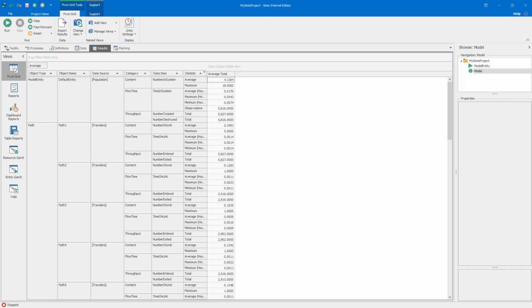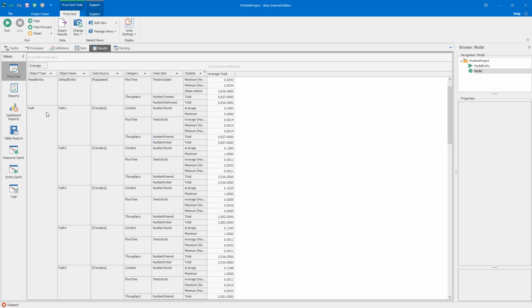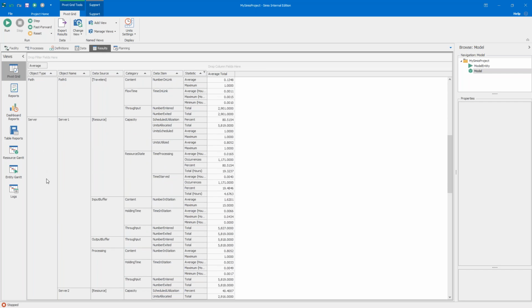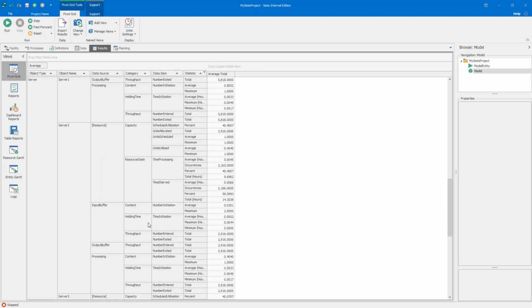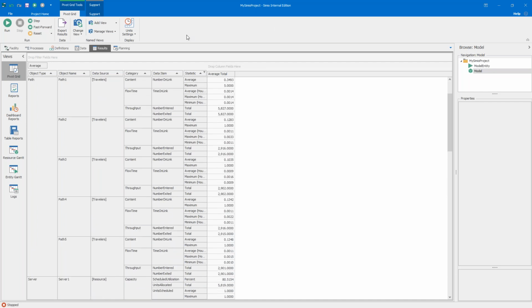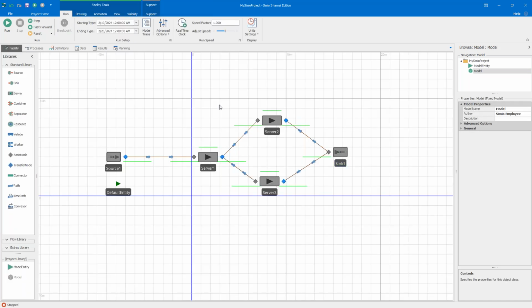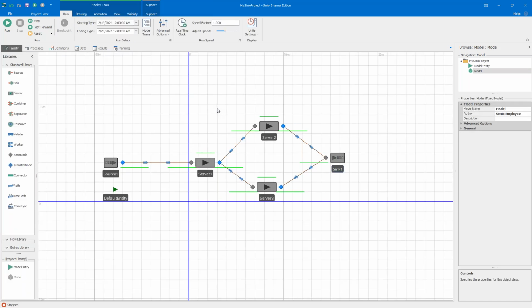During that time, we've tracked statistics and performance metrics that are defined by the object properties. You can see over here on the left that these are listed by object type. So we have our model entity, we have our path objects, we have our 3 server objects, and then down below we have the source and the sink. So we look at the performance metrics based on that run. We're going to come back to this in just a little bit, but I'm going to leave that for now and say